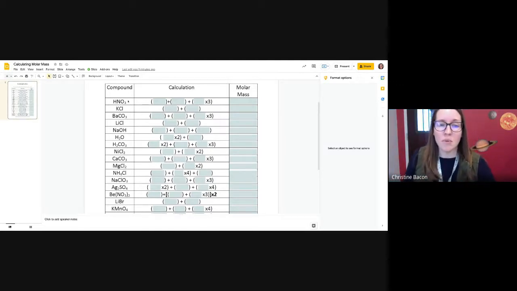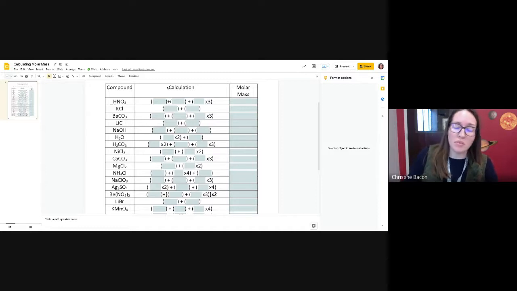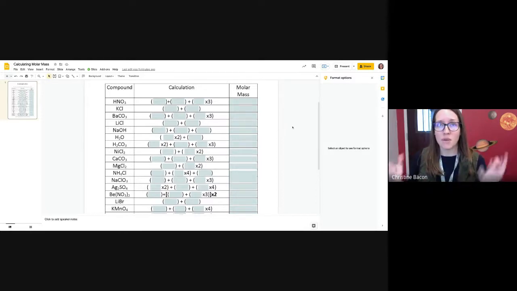A mole, remember, is kind of like a chemist's dozen. It represents the number 602 hexillion, or 6.02 times 10 to the 23rd power. So that means that I can have a mole of jelly beans, I can have a mole of people, I can have a mole of donuts, right? But in chemistry, we use it to talk about the number of atoms or molecules that are present in a given